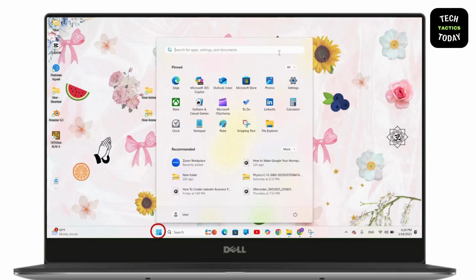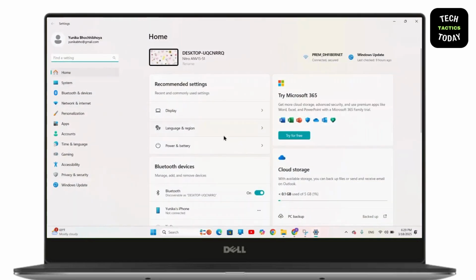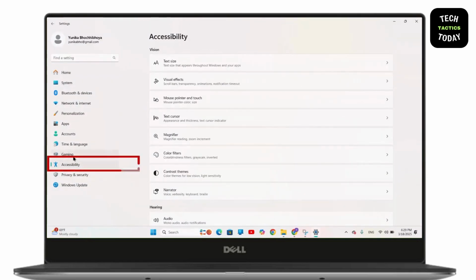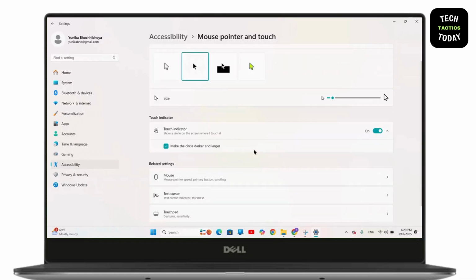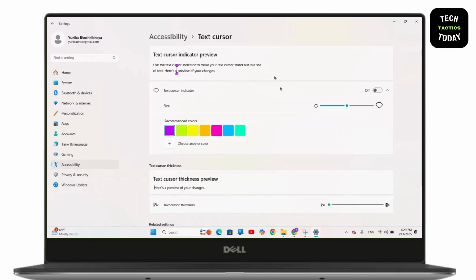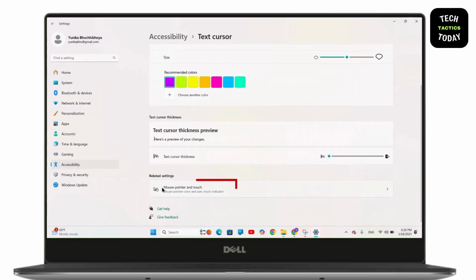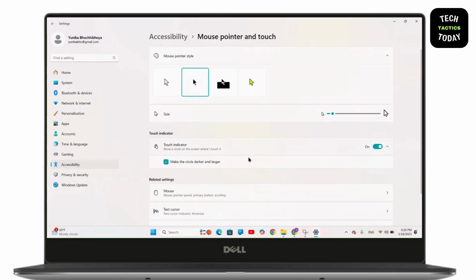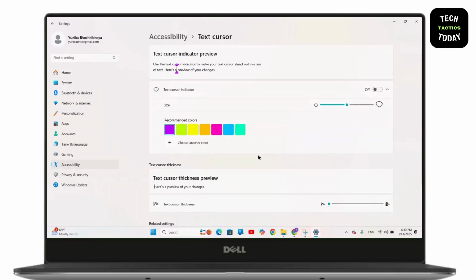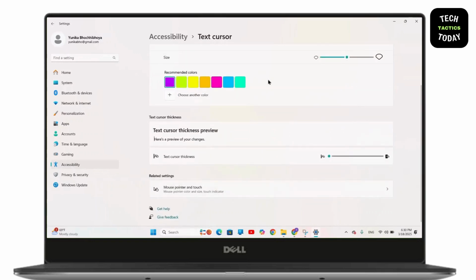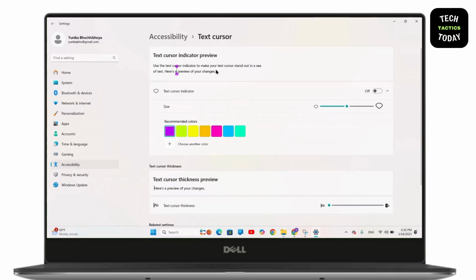First, go to your start menu, then go to settings. After that, go to accessibility. Now go to mouse pointer and touch. Now scroll down and then go to text cursor. Now go to mouse pointer and touch again, and then you can change your mouse pointer size and everything from